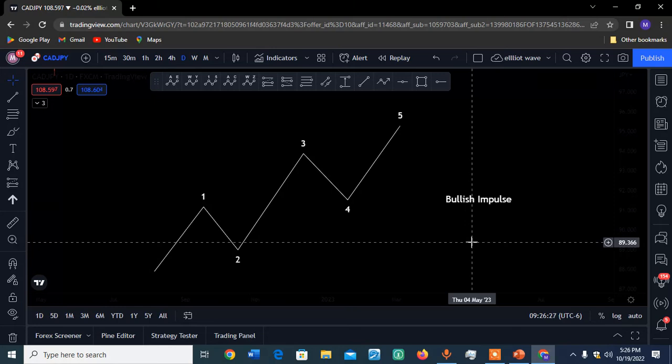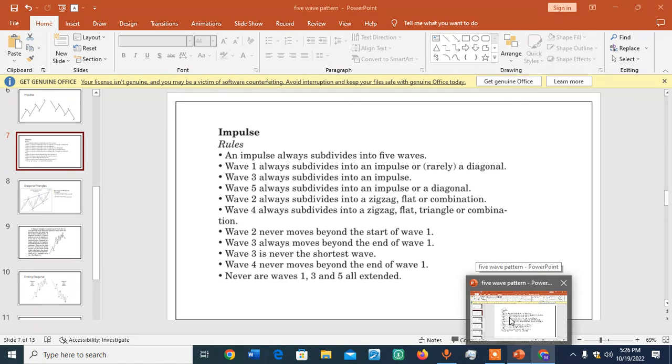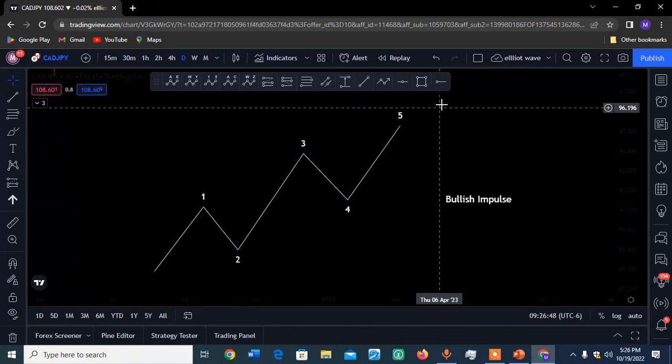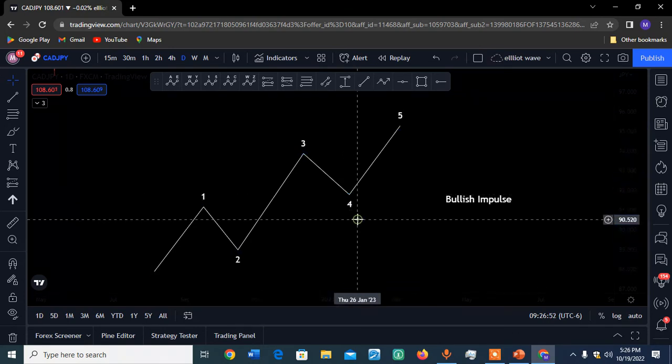So the first thing that we'll do is we'll have to know the rules of what a 5-wave pattern should be or how it should build up. So remember, when we left, we had the first rule that said an impulse always subdivides into 5 waves. So we have here a 1, 2, 3, 4, 5. So now our price is showing us that we have